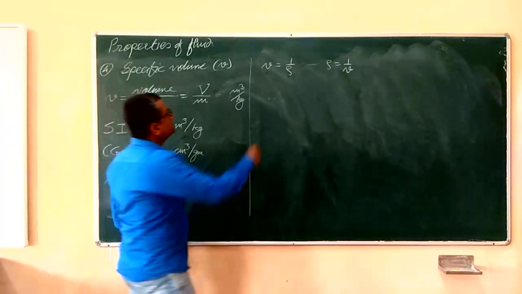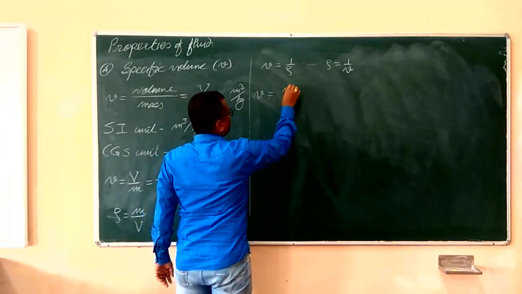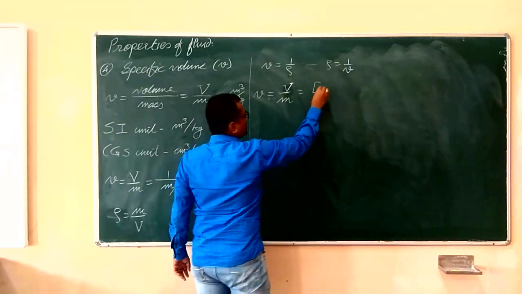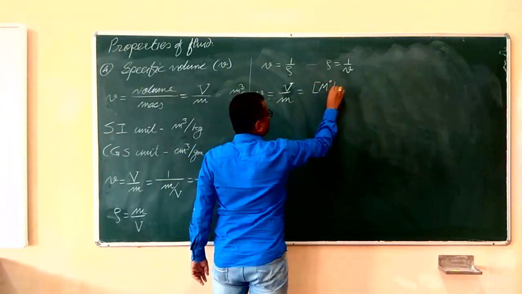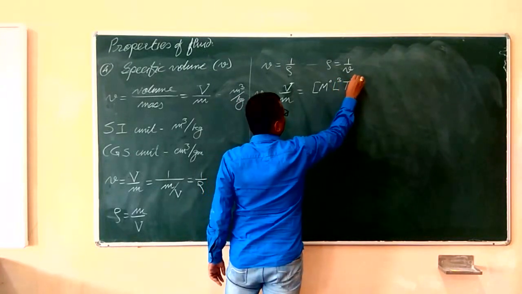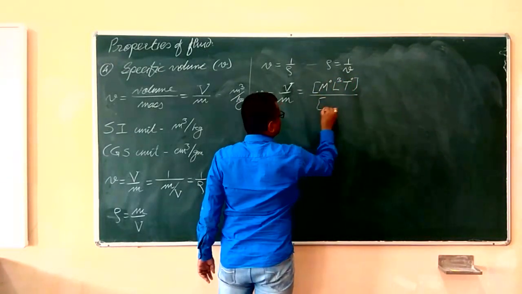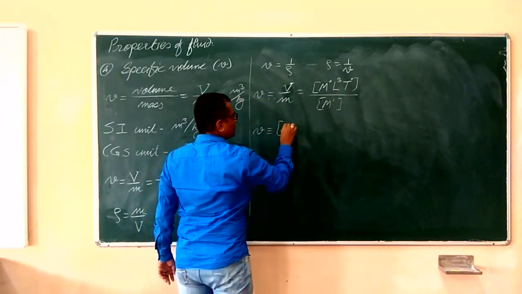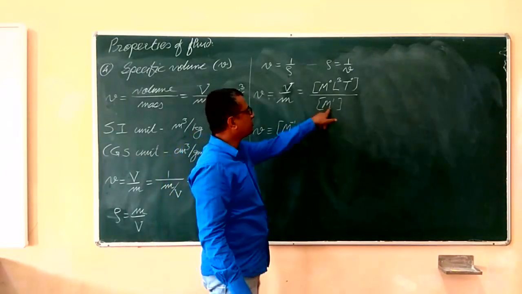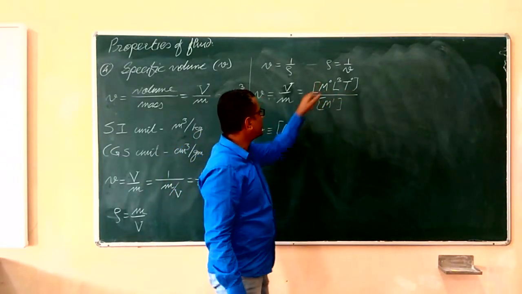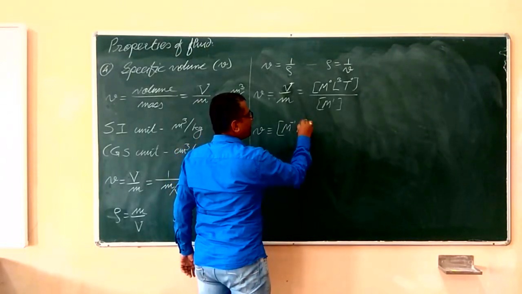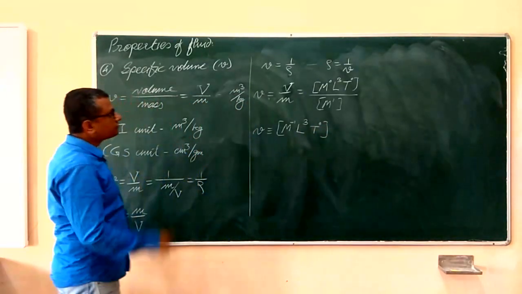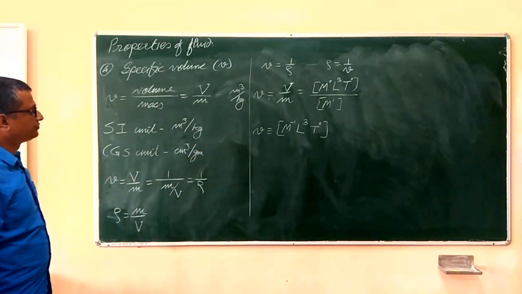About the dimensions, let's have that one. It is the volume of the fluid per unit mass. So the volume has the dimensions M0, L3, T0, whereas the mass has the dimensions M1. So I can write the dimensions of the specific volume as M to the power minus 1, since when this M to the power 1 goes into the numerator, it will be M to the power minus 1. L to the power 3 will remain as it is, and T to the power 0. These are the dimensions of specific volume.